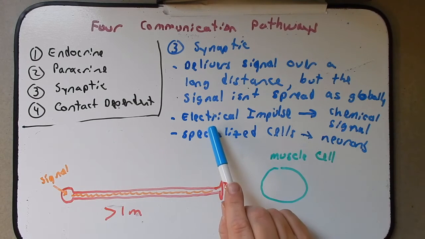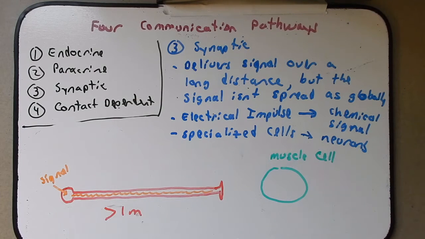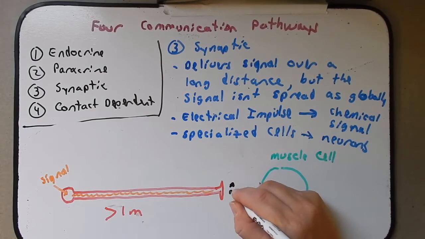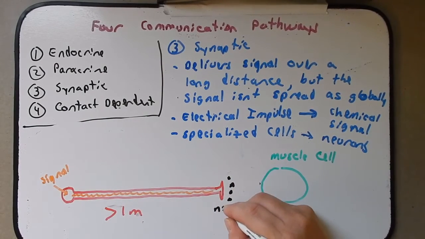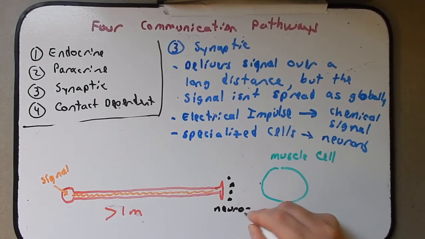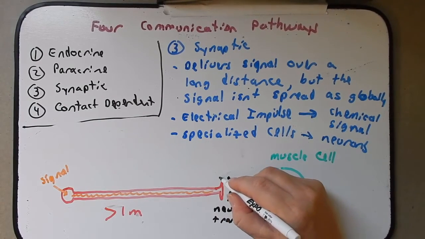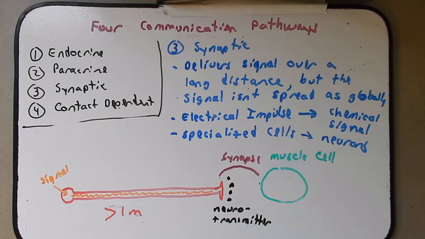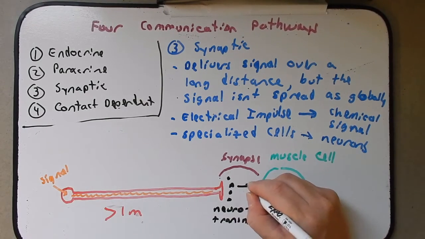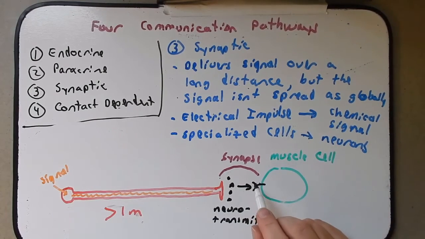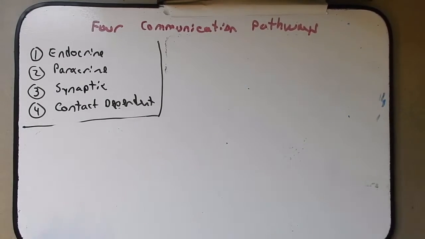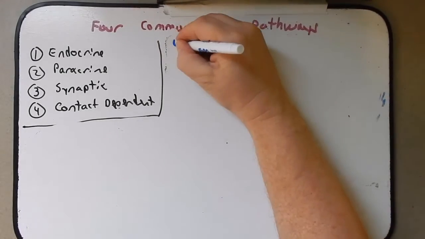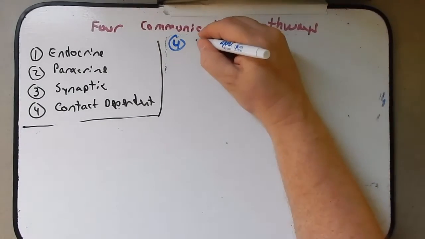So this is what I mean by electrical impulse to a chemical signal. So it will release small chemicals known as neurotransmitters. And it'll be released in this area known as the synapse. These neurotransmitters can interact with a target cell. It could be a specialized cell, it could be another neuron, but it will interact with a target cell to give a specific response. Okay, let's talk about the fourth communication pathway, and this was the contact